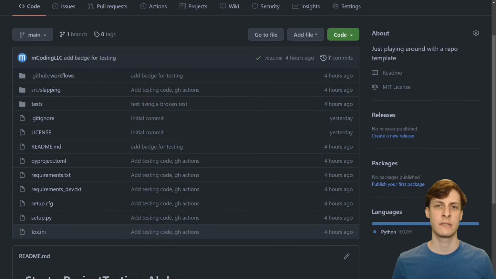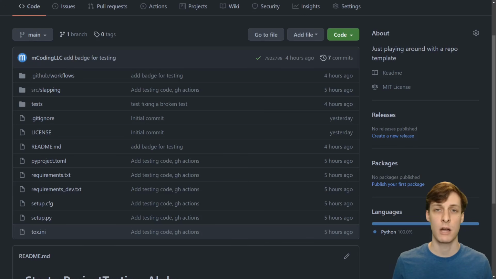Now, here are a few things that I'm not going to talk about. First off, testing is a huge topic, and it's under the umbrella of continuous integration and continuous delivery or continuous deployment. These are very, very broad topics, and I'm not going to cover them in general. I just want to focus on automated testing. I'm not going to be talking about publishing your package to PyPI or automatically building documentation, automatically formatting your code on Git commits, or any other pre-commit hooks.